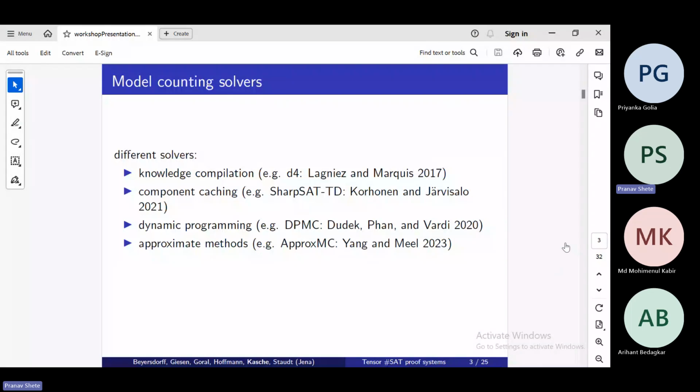that have all been successful in last year's model counting competition. For example, there are knowledge compilation-based solvers like D4, there are component caching solvers like SharpSAT-TD, there are dynamic programming solvers like BPMC, and there are also solvers employing approximate methods like ApproxMC. And so into this magnitude of approaches, we have sort of a new idea, and